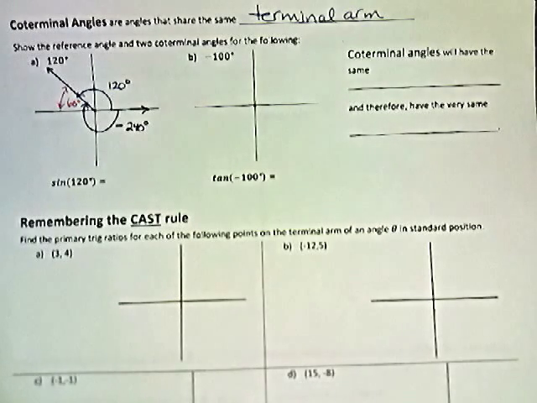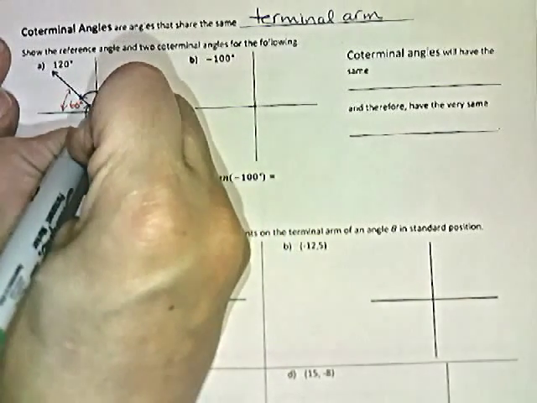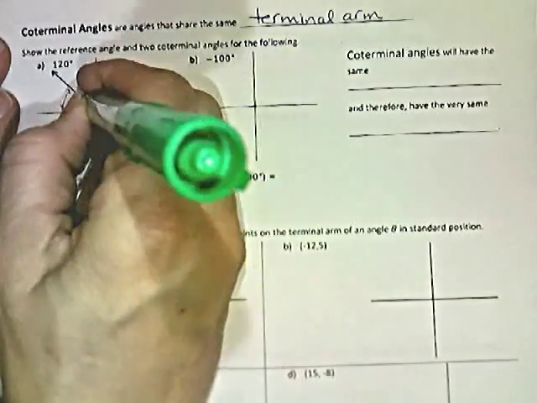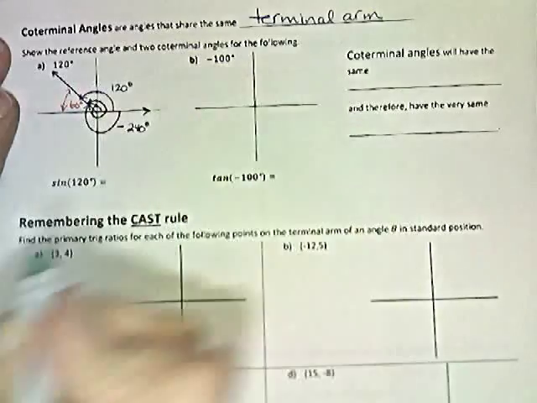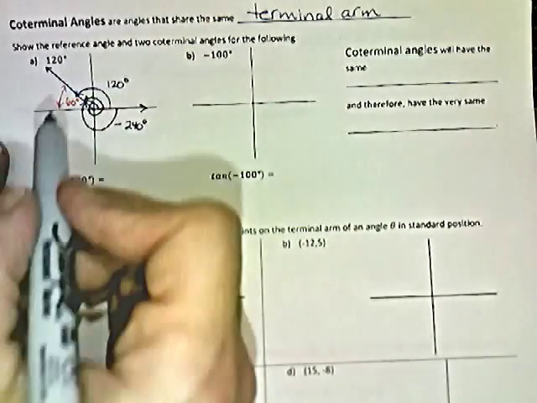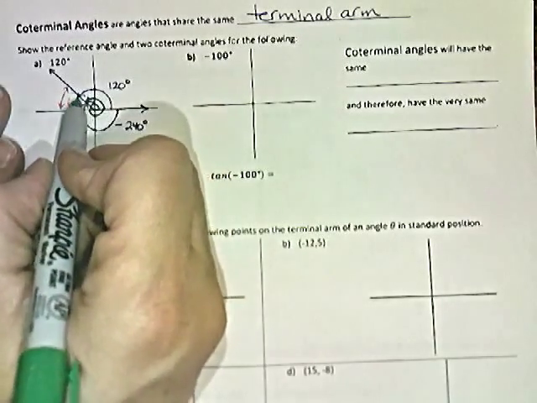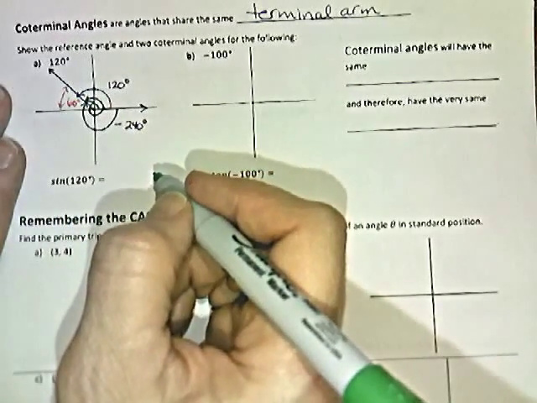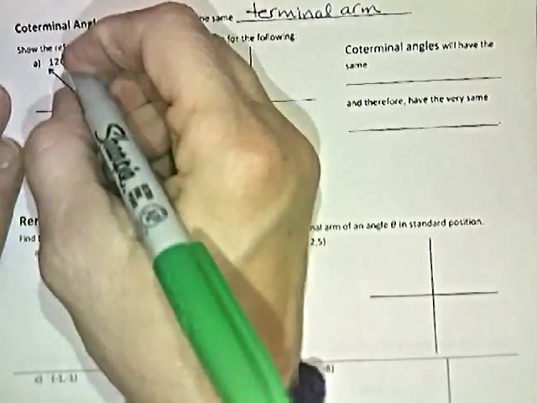Maybe green. Another coterminal angle, well, we could simply go around that circle a few extra times. I'll start a little in the middle. If we went around a full 360 degrees and then landed on that coterminal arm, or that terminal arm, we would have a coterminal angle. We would have the first 360 degrees and then another 120. And so 360 degrees and 120 would be 480 degrees